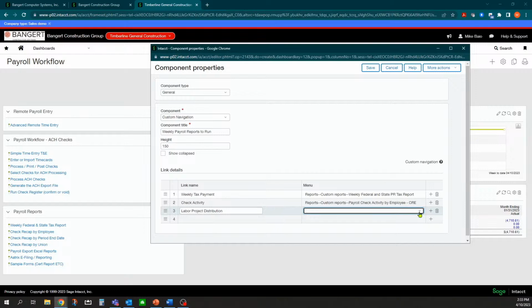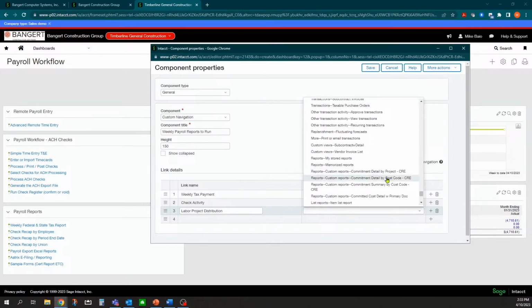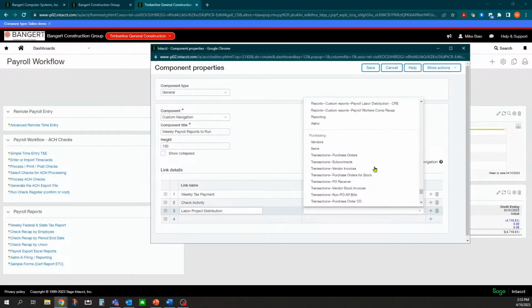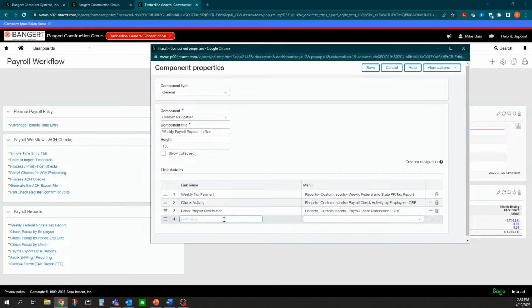And there is a report in there for that, and that comes with the system as well. That's a Sage Intacct payroll report that came with the system. And I'm going to go up to here and find it, and it's right there, payroll labor distribution. And then maybe I want to see all my deducts and fringes recapped for each employee for the week. So I'm going to call this check pay modifiers register, something like that.